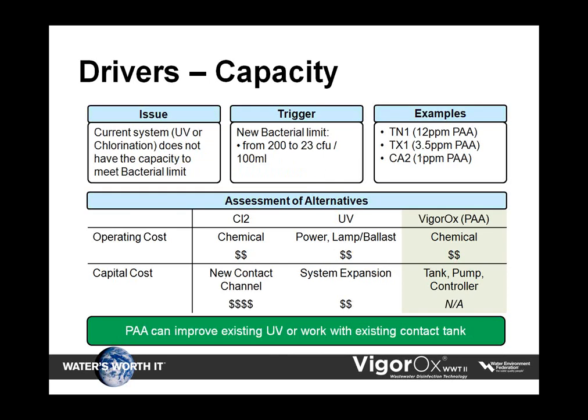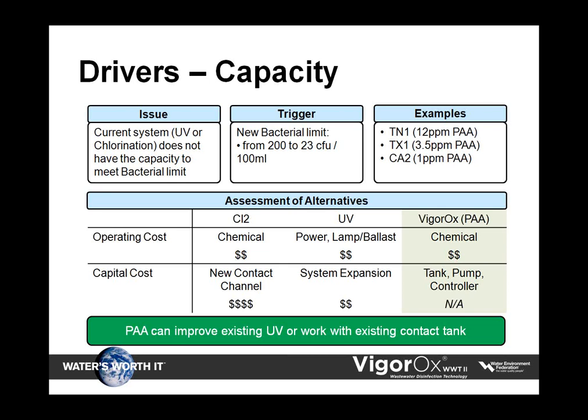Finally, a number of plants were interested in evaluating Vigorox because they were facing permit changes that would require an increase of disinfection capacity. A plant in Tennessee has recently been required to disinfect for the first time. High variations in effluent quality made UV too expensive for this site. And since Vigorox required a smaller contact tank than that needed for chlorination, it became the most effective solution for this site.